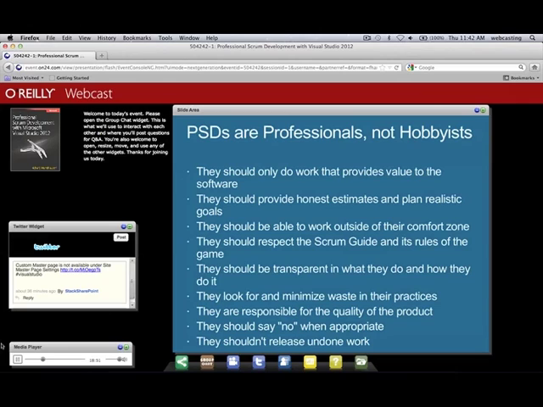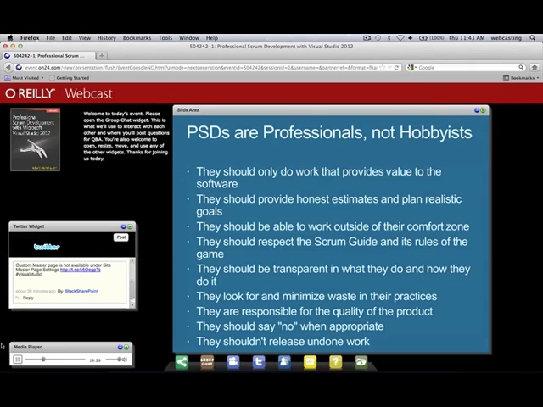Respect the Scrum Guide. Respect the rules of the game. Ken Schwaber did a great blog post a while back equating the rules of Scrum to the rules of chess. You either play it by the rules or you don't. If you want to do something crazy like have 2 product owners or vary the length of your sprints or choose not to have daily scrums, great. I would say you're not doing Scrum anymore, and you're probably missing an important opportunity to inspect and adapt, or you're missing an important capability.